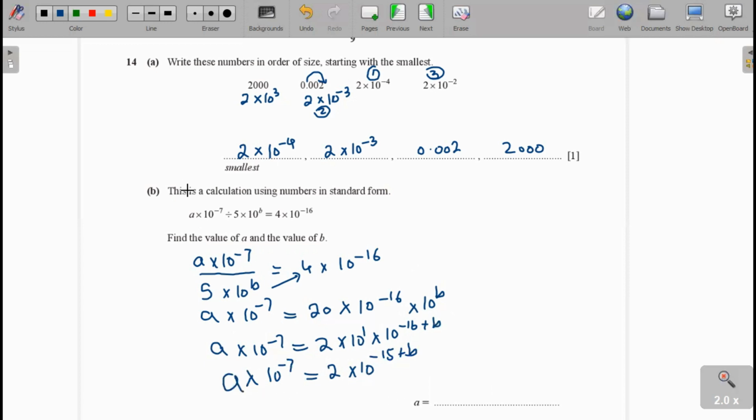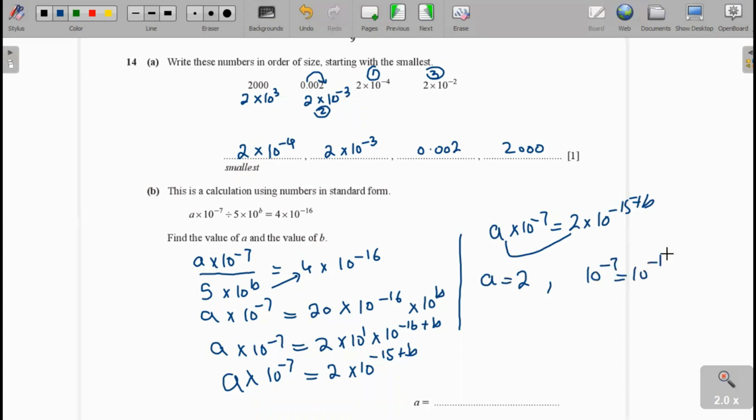Now we compare these values. Here is A multiply 10 power minus 7, 2 multiply 10 power minus 15 plus b. We compare these values. A is equal to 2 and 10 power minus 7 equal to 10 power minus 15 plus b. Same base value, now minus 7 will be equal to minus 15 plus b. Then b will become minus 7 plus 15. The b will be equal to 8. We write this value. Here A is 2,